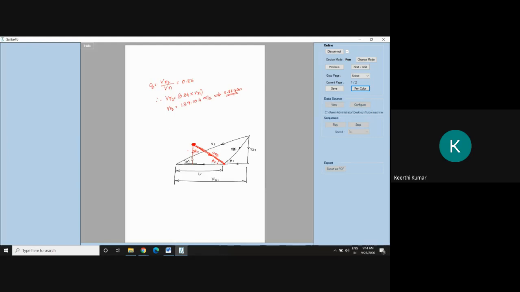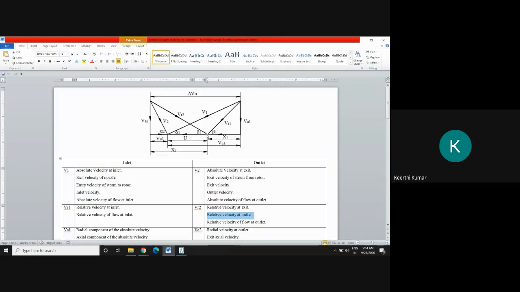The same thing we did in the last problem also, you can see here. What I did, I extended the surface, and based on the VR2 value or CB value, I got up to here. Then I dropped down this vertical line, extended this U and completed the triangle. Later on, I went for this V2. But here, the length of this VR2 ended up to here only. Let it be. You drop down this vertical line. That means this VA2 will be here, but it will always be vertical. So that's what we are doing now.